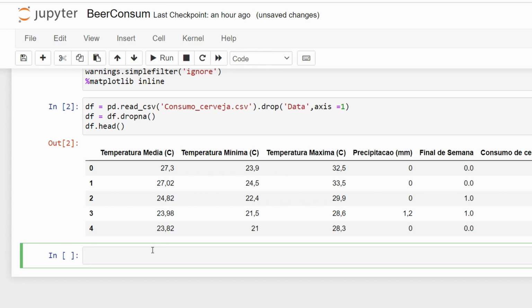Now that we have dropped all the null values, we don't have any null values, and you can also check it by saying sns.heatmap(df.isnull(), yticklabels=False, cbar=False, because we don't want any color bar, and cmap is equal to, wait, it's my favorite.